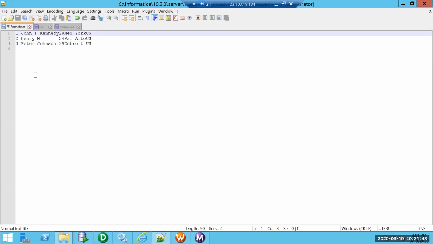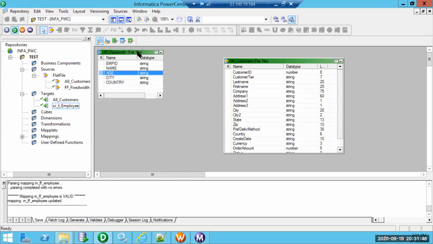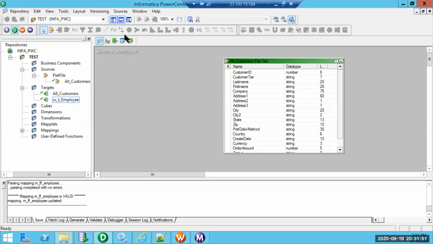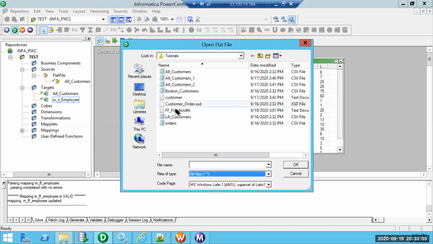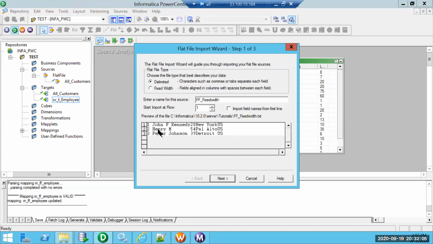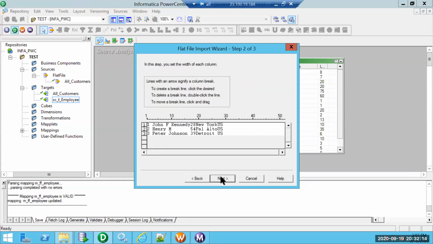So we will recreate the definition, so the data is adjusted. What I'm going to do is just delete this. Then sources, import from file. Okay, it is a fixed width file. Now my first column is here, second column, third column, fourth column.